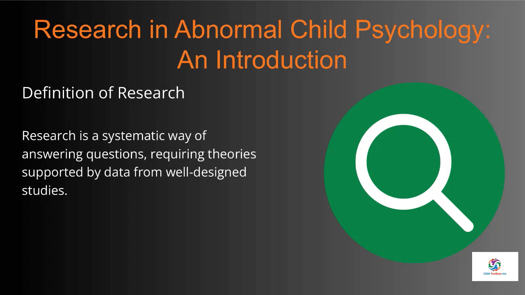When we talk about research in abnormal child psychology, it's important to understand what research really means. At its core, research is a systematic approach to answering questions. It's not just random guessing or assumptions. Instead, it involves developing theories. These are our ideas or explanations about how things work. But these theories aren't enough on their own. They need to be backed up by solid evidence. That evidence comes from carefully designed studies that provide reliable data. So, research in this field is all about combining thoughtful theories with well-planned investigations to better understand the challenges children